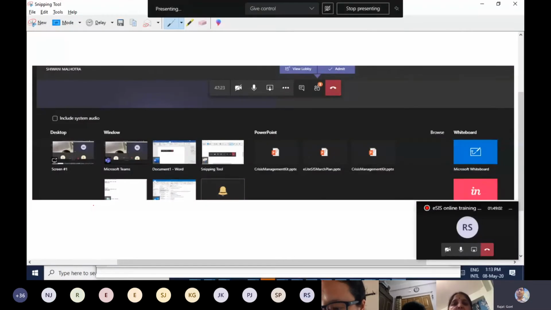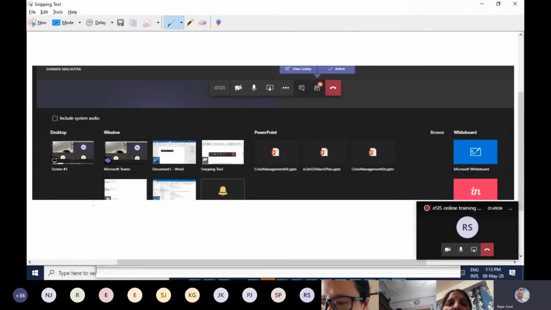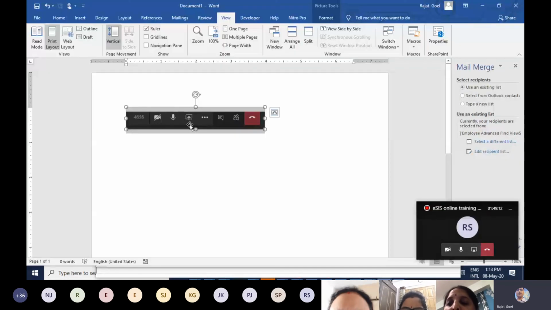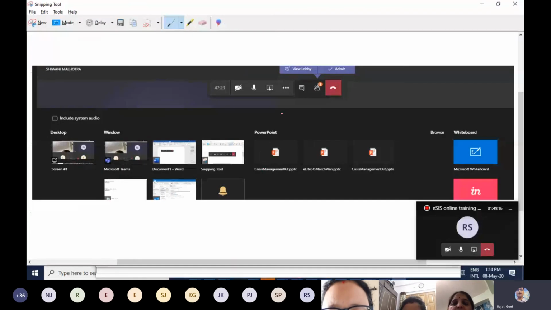So, dear teachers, let me show this. When you click on the share screen icon, which looks like this, the box with an upward arrow, as soon as you click it, it turns to this icon, the box with a downward arrow.